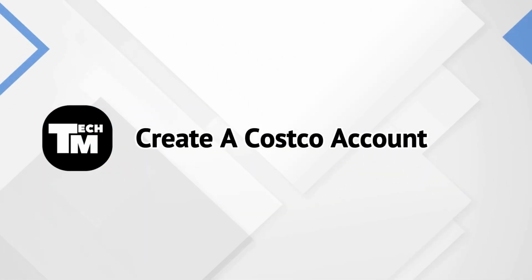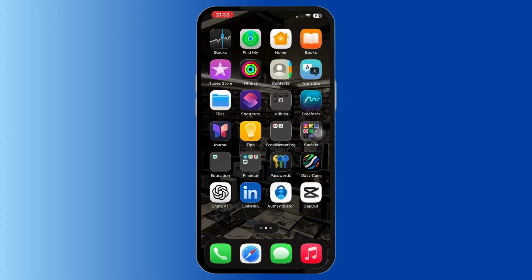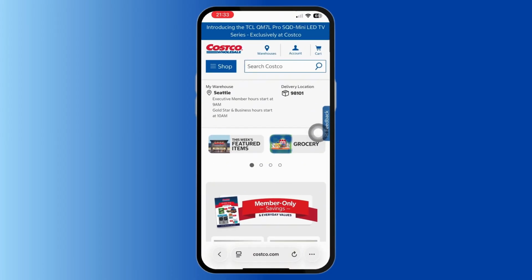How to create a Costco account. Let's get started. For that, first of all, open up the Costco application or open up your browser. In the search bar, search for costco.com and then tap on account. Inside here, you will be able to find an option that says sign in